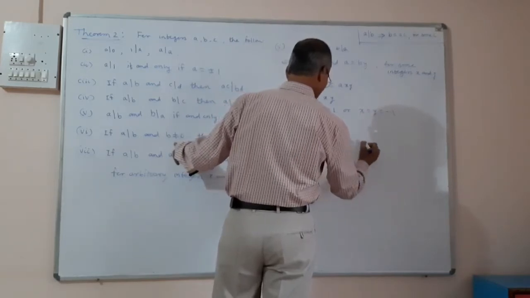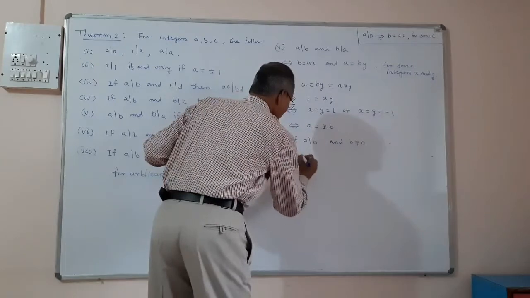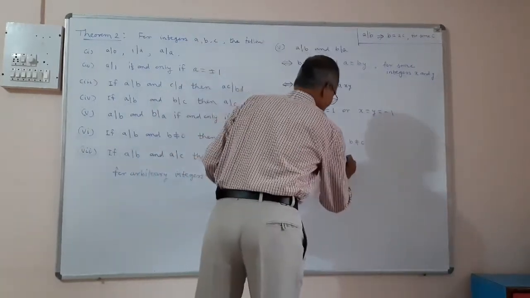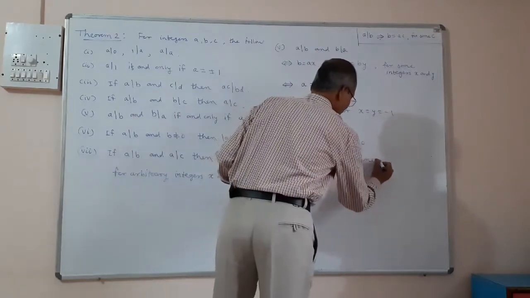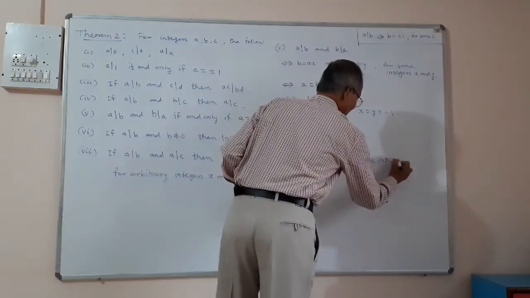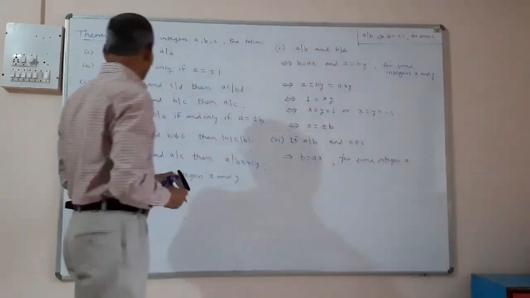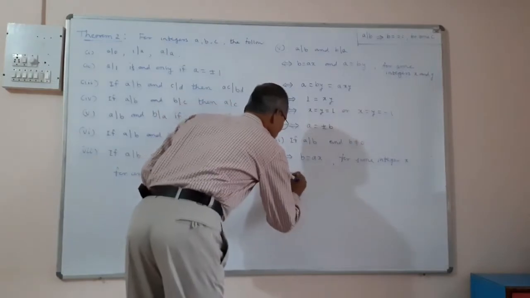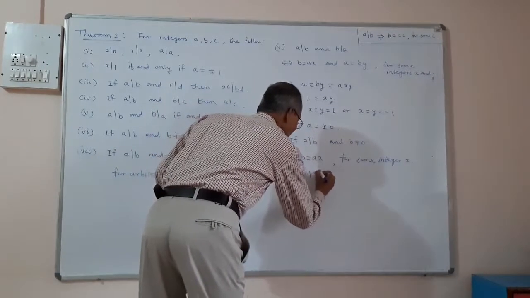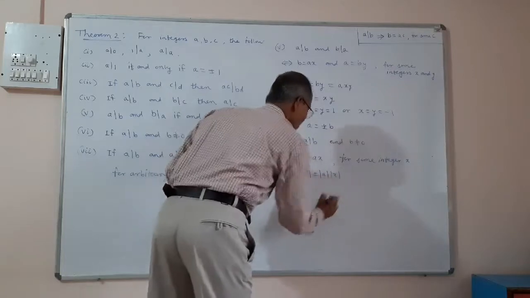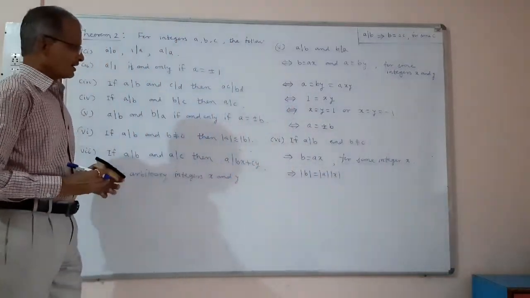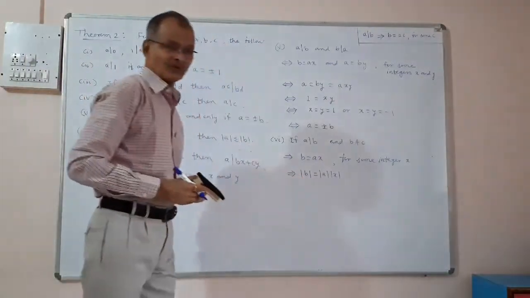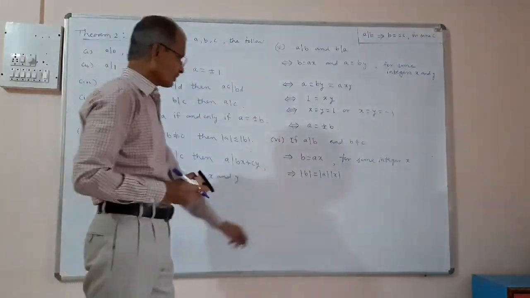B not equal to 0. This implies B is equal to A into X for some integer X. And now what we have to consider is the absolute value of this. So this implies absolute value of B is equal to absolute value of A into absolute value of X. And now you see mod X is greater than or equal to 0, and therefore this integer